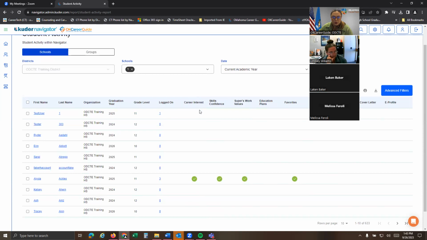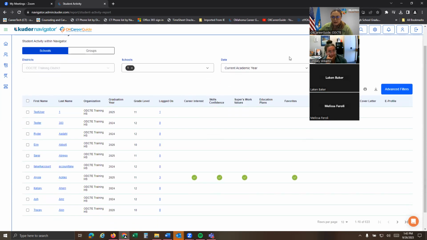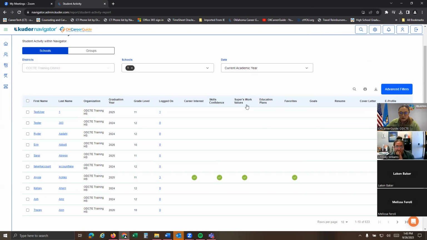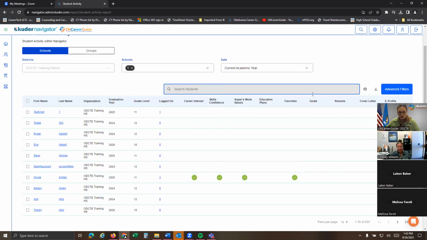And this is going to show me a quick overview as well on my students' activity for their interests, skills, confidence, and work values assessments. It's also going to show me if they've started or done their ed plan, if they've favorited anything, any goals they've done, and so forth. So I'm going to search for,